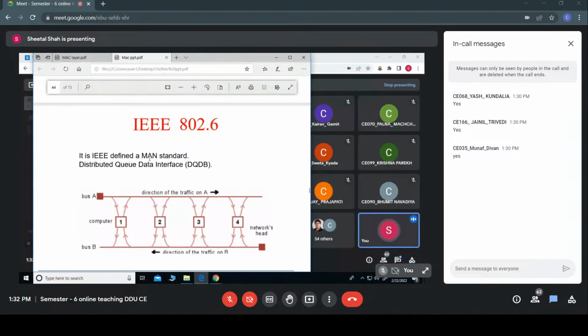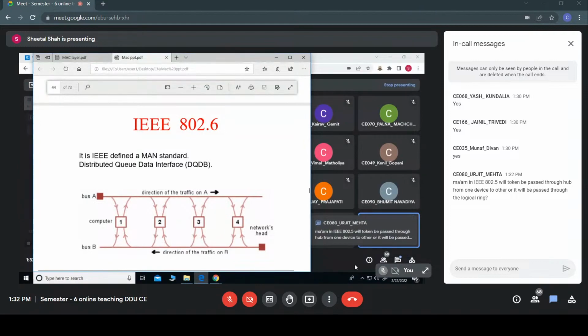Now we'll broaden our scope. We'll go through the metropolitan area network, in which the number of hosts would be more, and the distance between the hosts would be greater. It is not restricted only to a certain region, but it is laid within the entire city or something like that. So the standard meant for this,